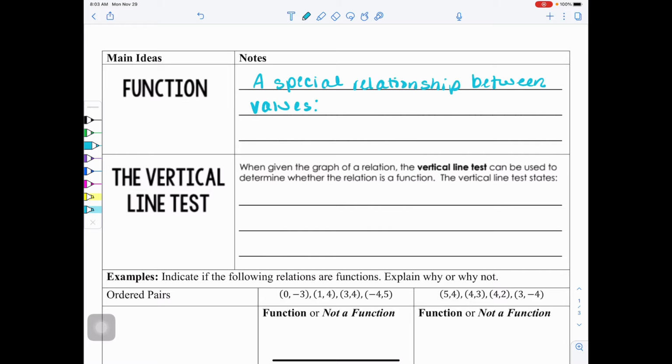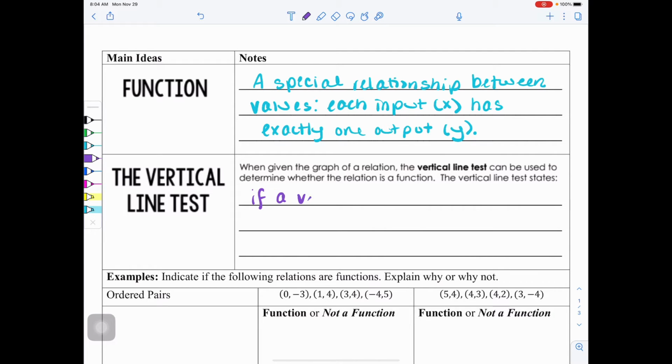Specifically, though, we want to define it as each input, which are x values, has exactly one output, which are y values. Now, going along with that, you learned about the vertical line test. When given the graph of a relation, the vertical line test can be used to determine whether the relation is a function. The vertical line test states if a vertical line